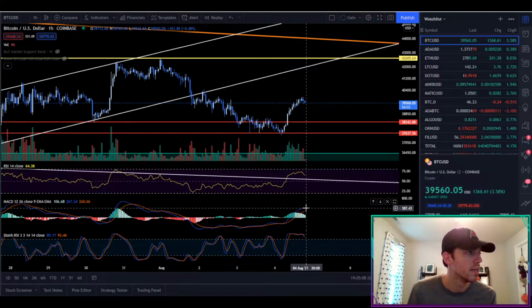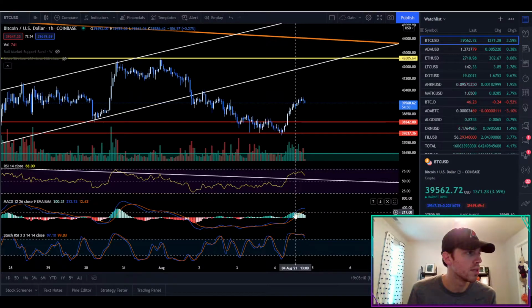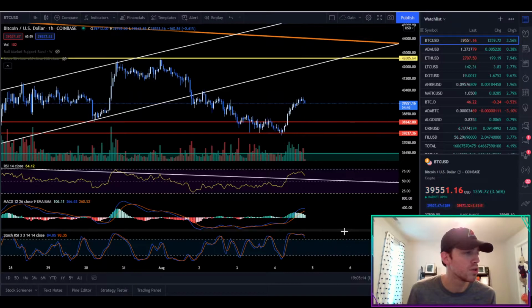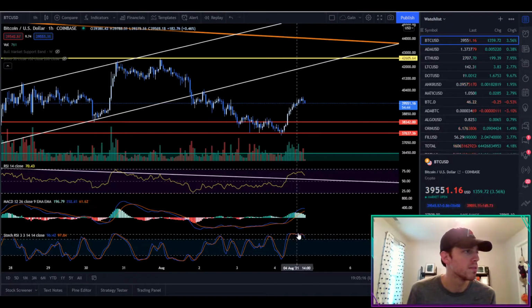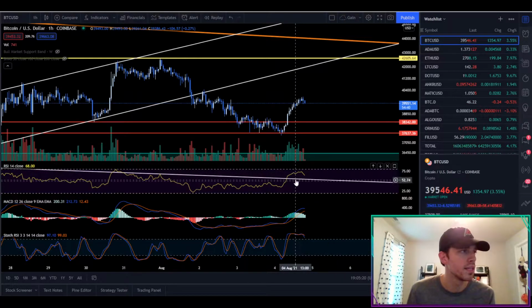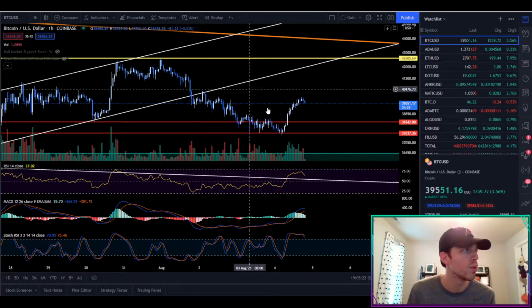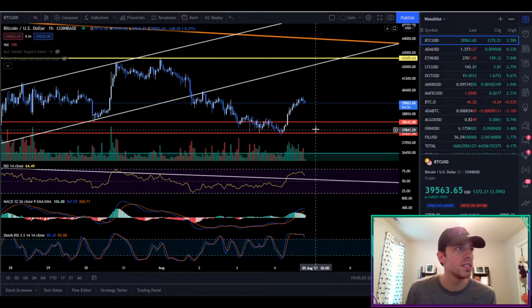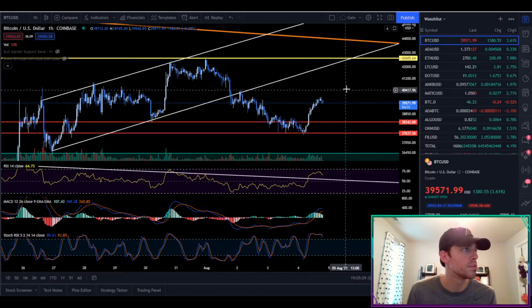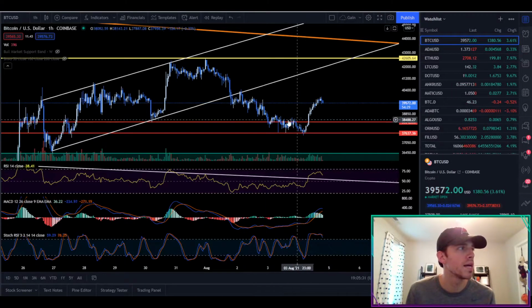The MACD, where we kind of topped out and we're starting to come back down. You see the light green, our Stoch RSI. We've been kind of at the ceiling here, and we're starting to come back down. And our relative strength index is also on the way back down. So we're going to see some price retracement after this pretty large pump, but this is a positive sign